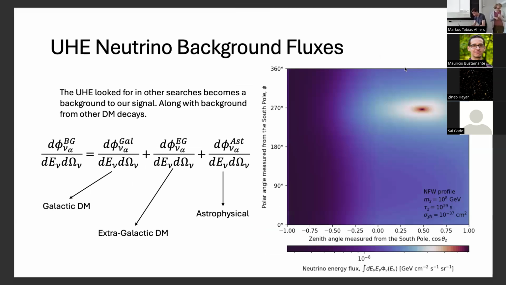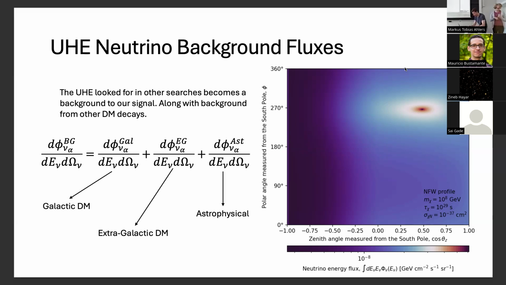So we have a lot of background fluxes for this, which are what we would usually look for when we look for ultra high energy neutrinos: cosmogenic neutrinos and astrophysical neutrinos in this energy regime. We're not interested in seeing those. We can divide our backgrounds into 3 different parts because we would also have backgrounds coming from dark matter decay or annihilations happening elsewhere, because it wouldn't just happen inside the Earth.